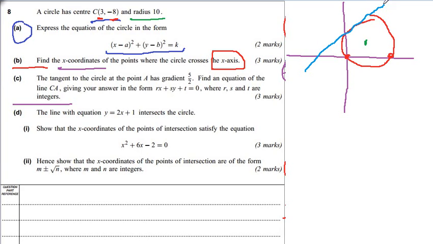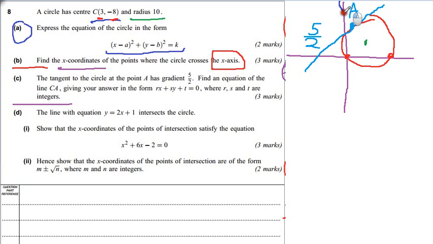That doesn't cut the circle, doesn't miss it. It just kisses the edge, just touches the edge of the circle there. And it says it's a tangent to the circle at the point A. So let's call that point there A. Right? It has a gradient of 5 over 2. That's its gradient. Now what it wants us to do is find out what the equation of the line is